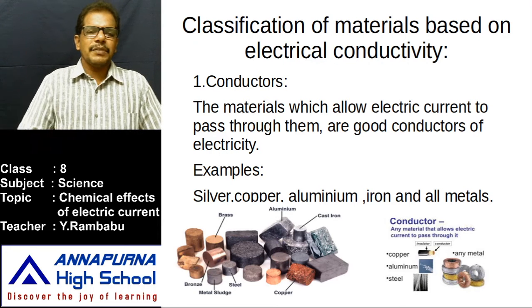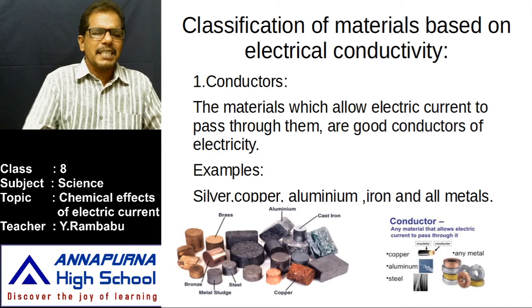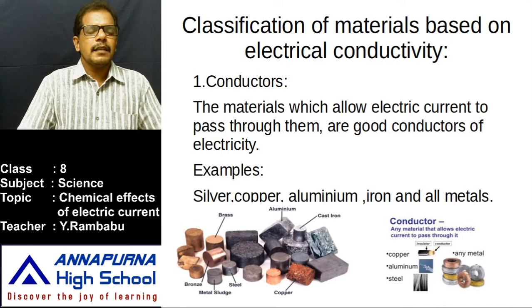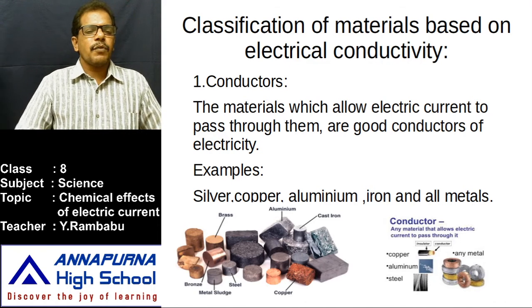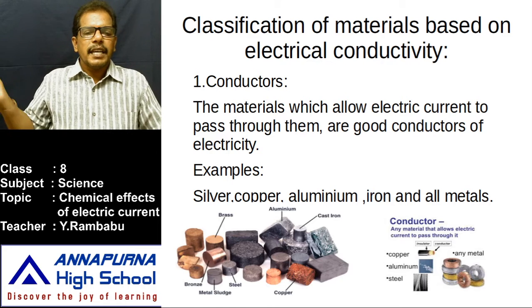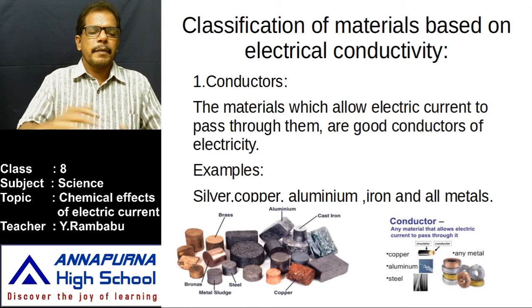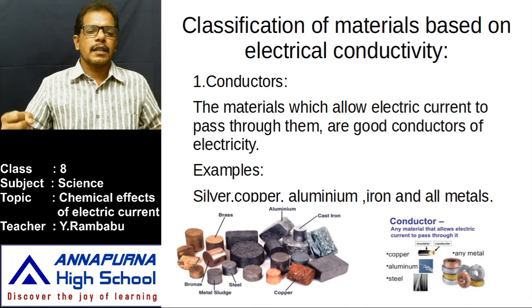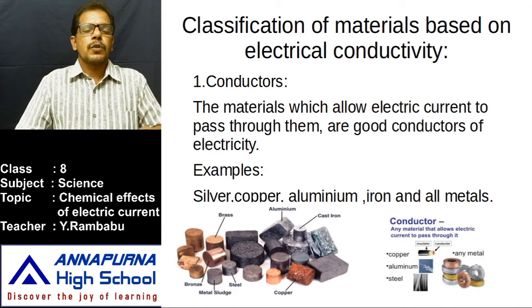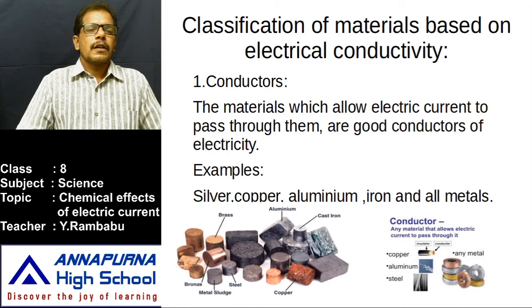Then, is the conductivity of all metals the same? No. The conductivity of different metals is different. If we take these four metals, silver, copper, aluminum, iron, silver is the best conductor among all four. But to use silver wires in our homes is very expensive. That's why instead of silver, copper is used as conducting wire. Next, in main lines to supply power, aluminum wires are used. Aluminum wire is wound on iron. Like that, these are used as conductors to transmit electricity. These are called conductors.